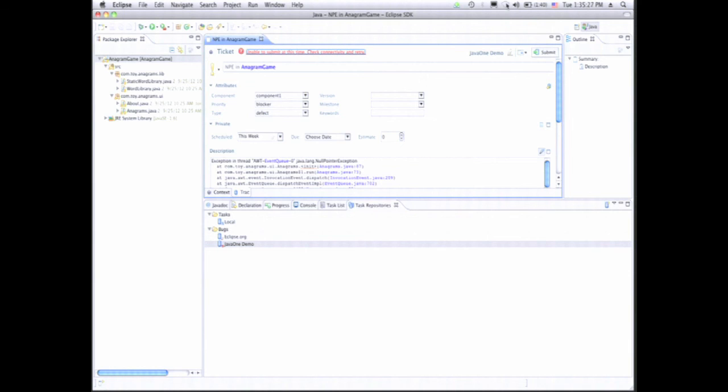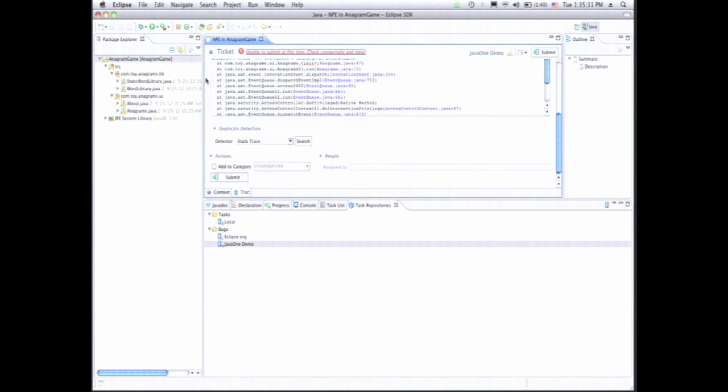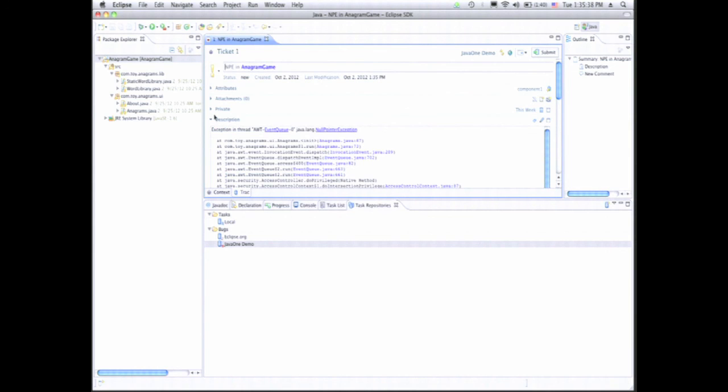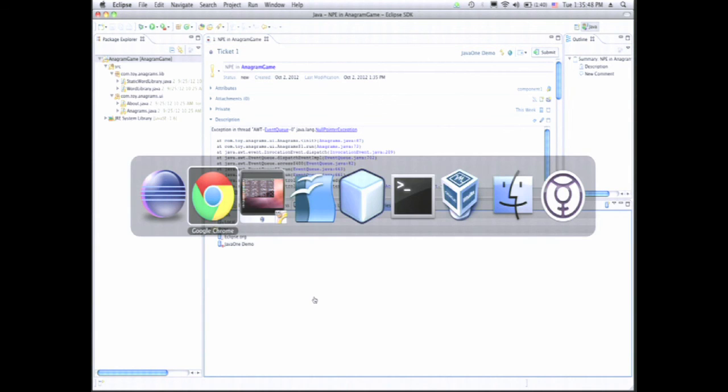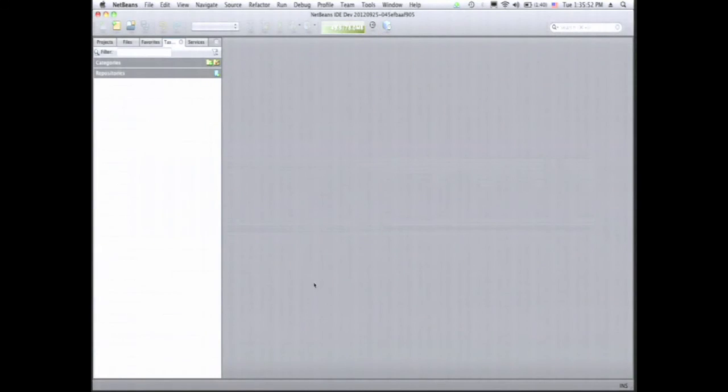Could it be because I'm not in a network? No. Okay. I'm running the server on a VirtualBox, but it seems like there is something with the networking setup. Okay, so we created the task, and now let's leave Eclipse and switch to NetBeans,